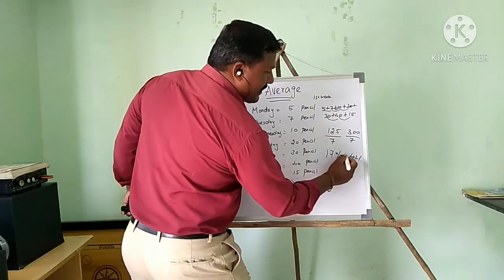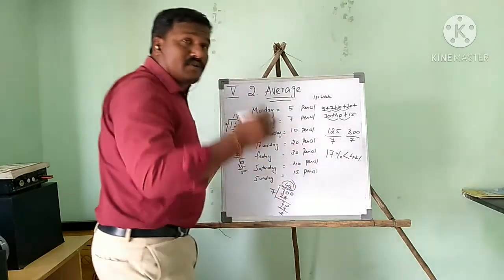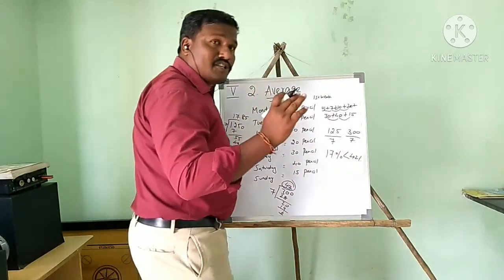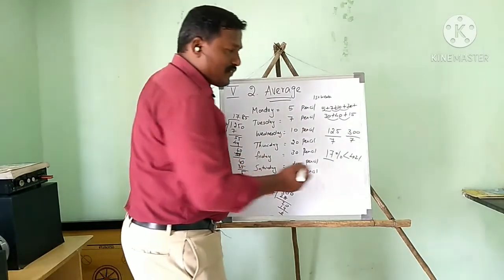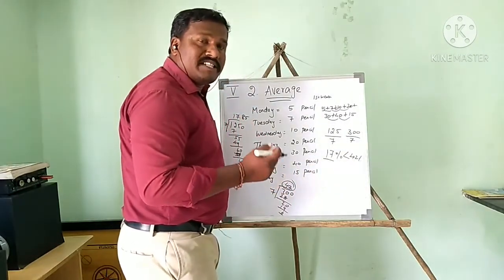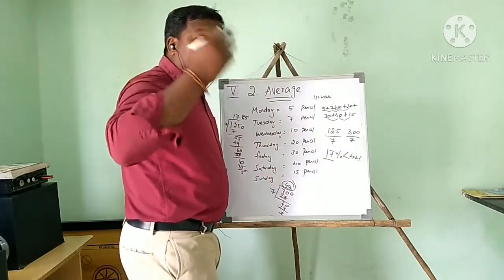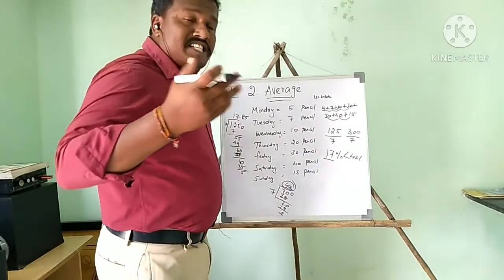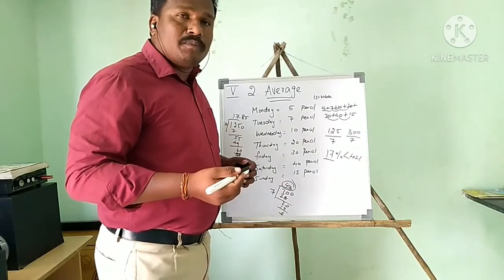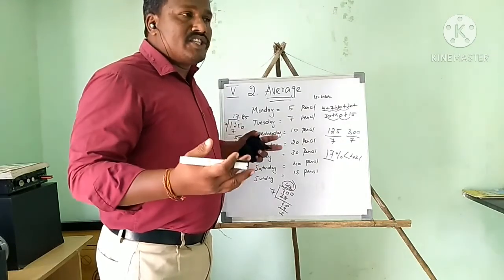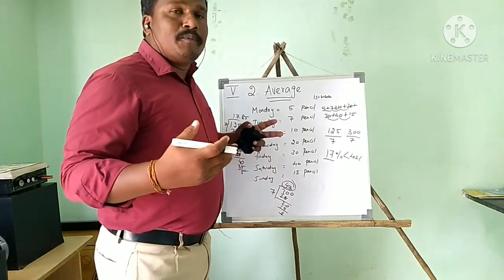Compare this: the second week your business has grown. Your business is growing, yes or no? First week you are at 17%, second week 42%, which means your business is growing. So you will be happy. Then you can improve your business. How to improve your business? You will search for ideas, then you will improve your business.